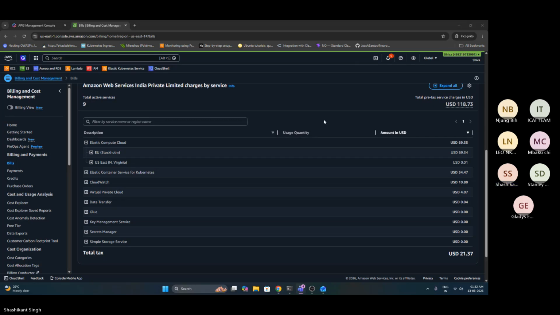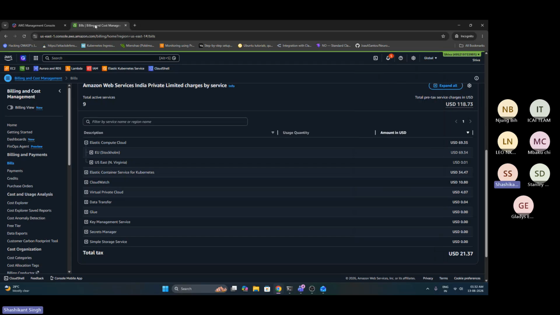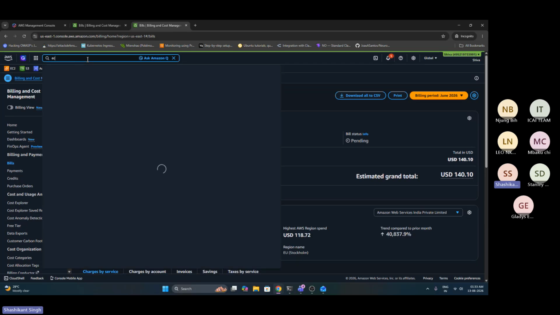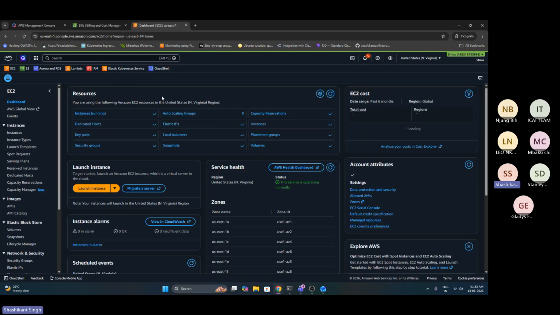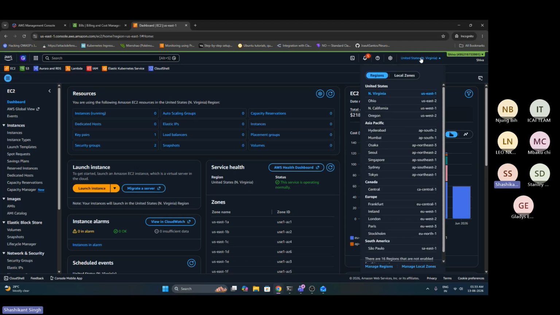Let me open a new tab. One second. I'll go to EC2 just to show you, and here you can see the region also. This is very important to understand, because for example, if you got hacked, you will never know that something is running on your account until you go to the billing and see. For example, in Stockholm there are certain things running. If I go there,